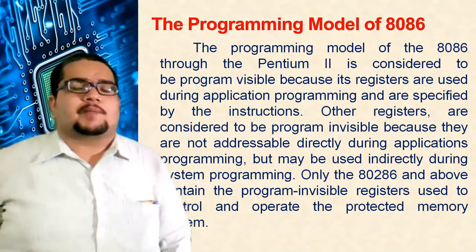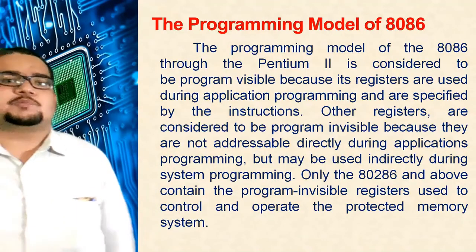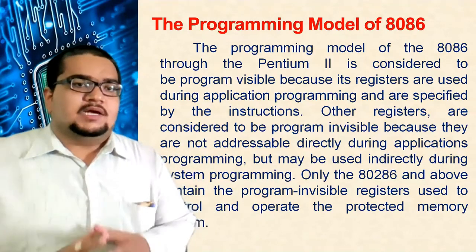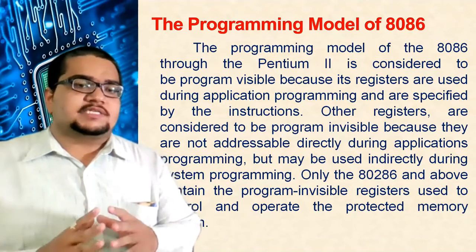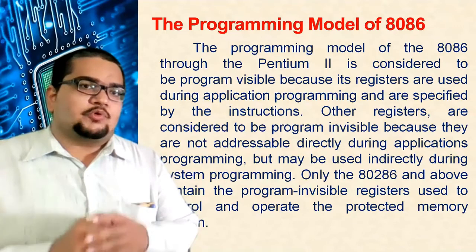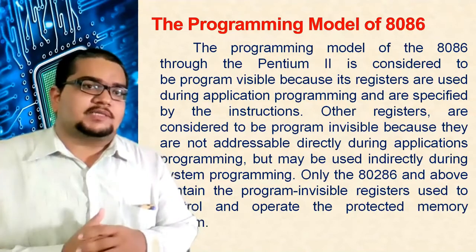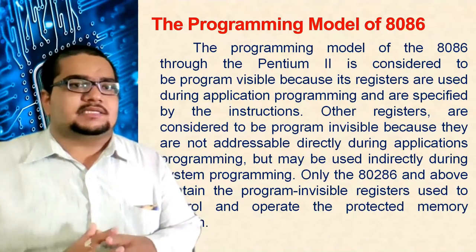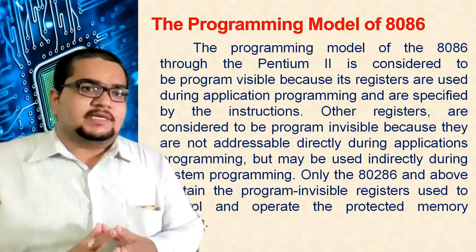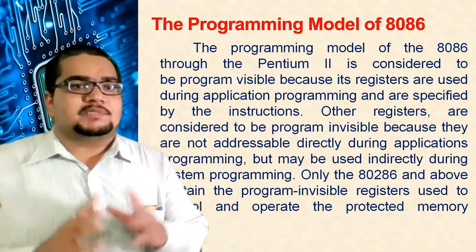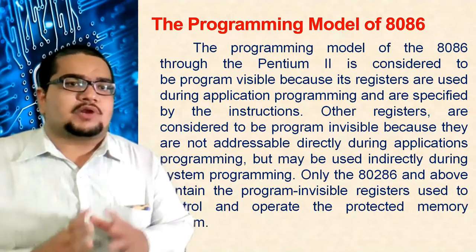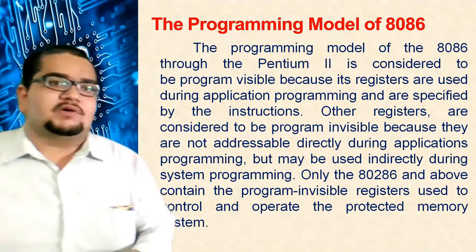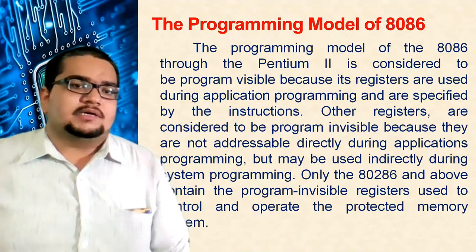So let us talk about the programming model again. The 8086 programming model is actually a hardware programming model in which we see which internal modules of 8086 are accessible to the programmer. That means whenever the programmer tries to write a program and give a task to the 8086, in what way and which modules can it directly access in the program. Okay, so that is one thing. Another, there is a software programming model. That means a general assembly language program structure, which we also saw in our previous class. So let us have a look at it once before we progress into the next topic.